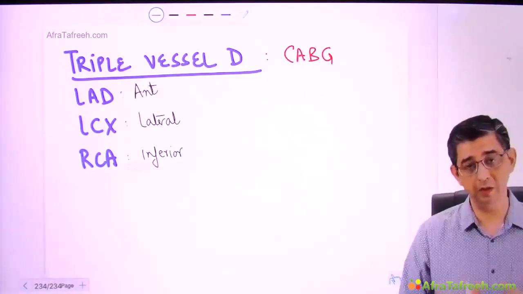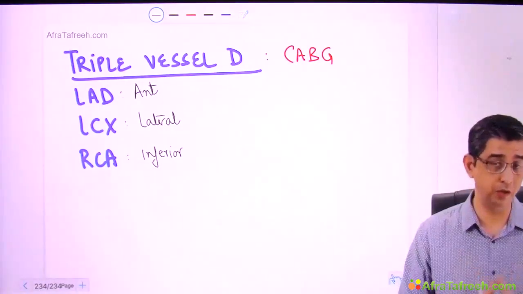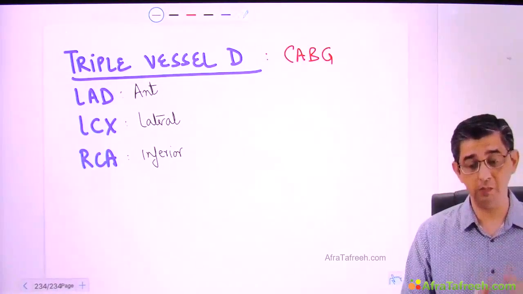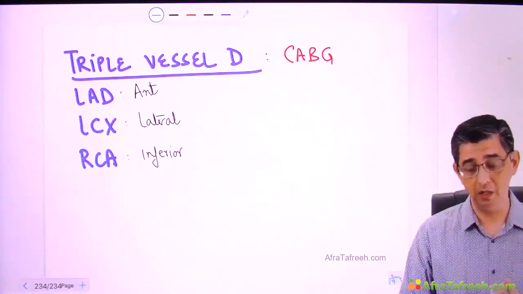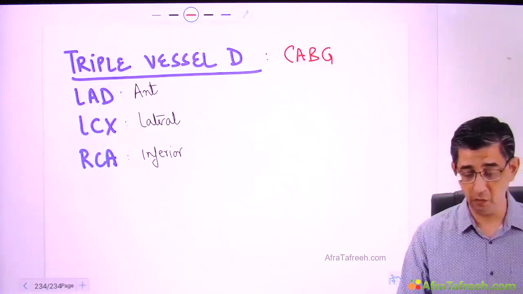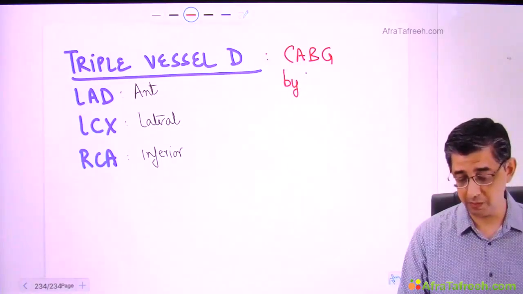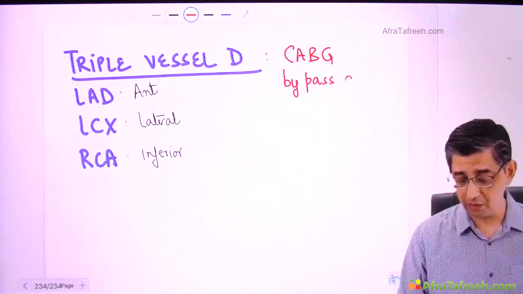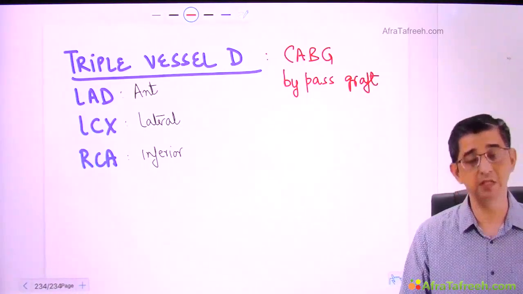The reason is multiple blockages of a substantial nature contributing to the severity of ischemia, which is beyond the level of what medicines can manage. So in this person, we will definitely have to go in for CABG, that is coronary artery bypass grafting. And now the question will be from the patient as well as from the examiner,